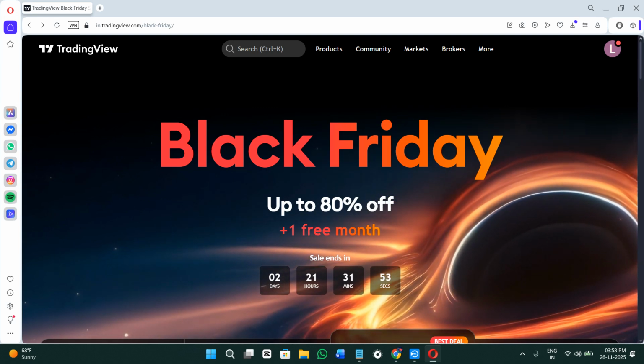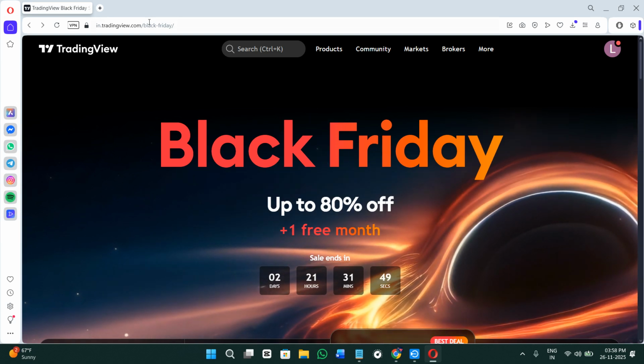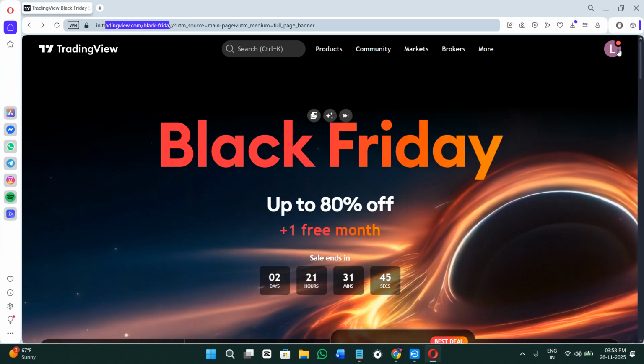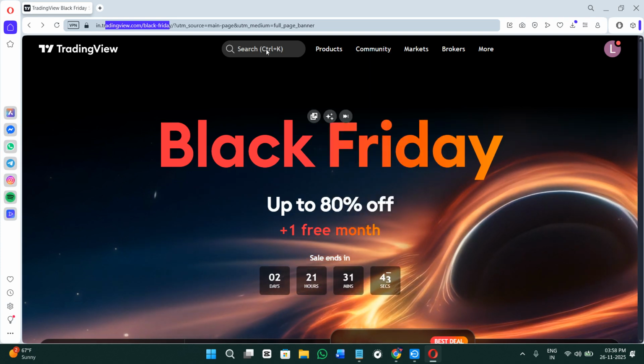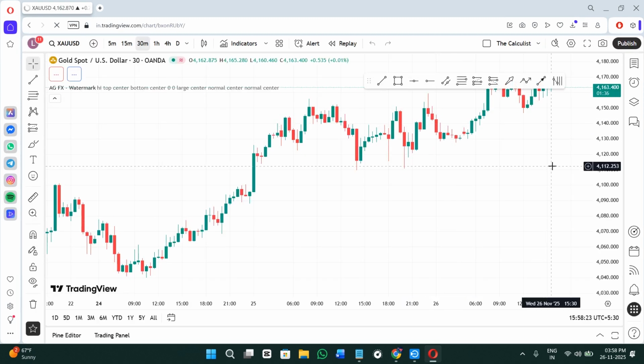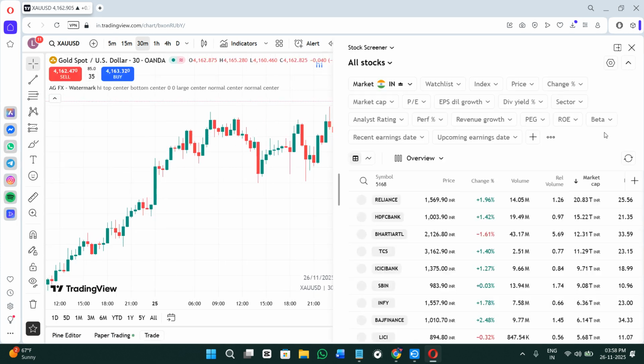Now, back straight to the topic. In order to use the Forex screener in TradingView, you just have to first of all come here on tradingview.com, then simply log in to your account if you haven't already. Over here, simply use the search bar and you need to first of all launch the chart. Once you are here on your chart, you will see this screener option on the top right hand corner of